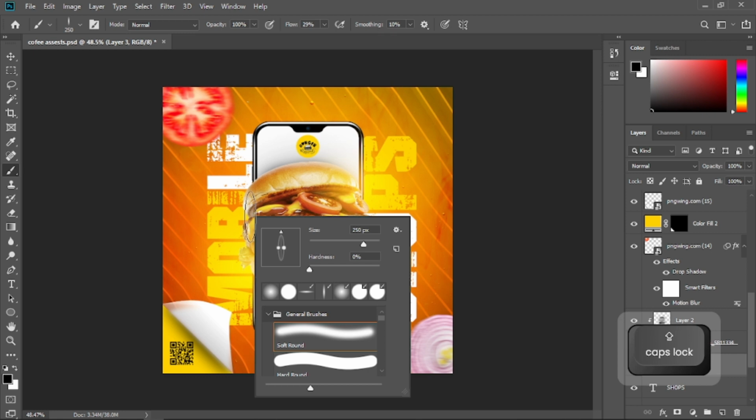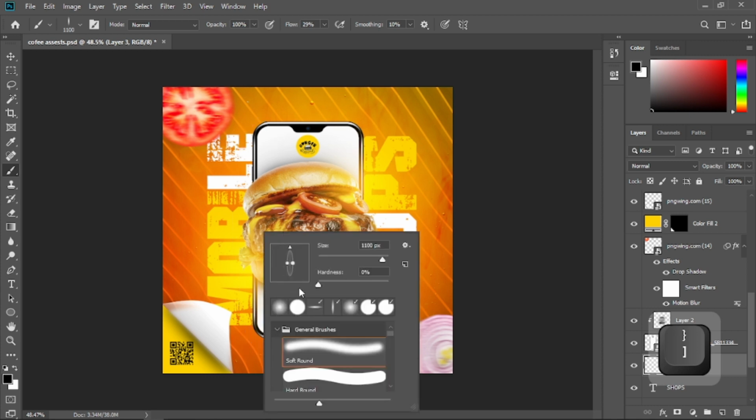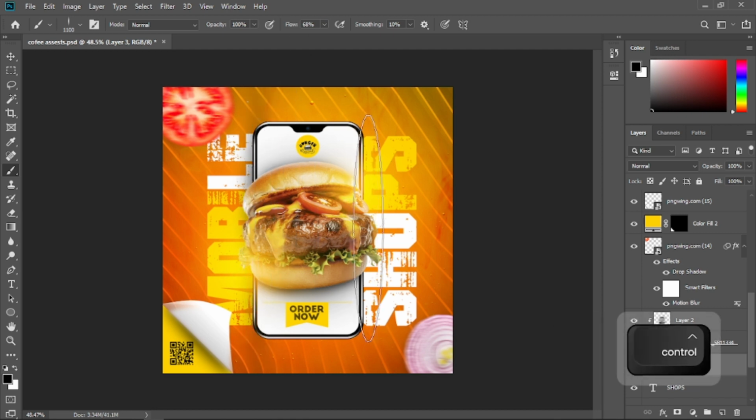Alright, and now make sure you have the black color as the foreground and increase the brush size like so, right, and maybe a little bit thinner shape, right, and create a shadow, increase the flow a little bit like 70 and create a shadow, and also right here. Alright,